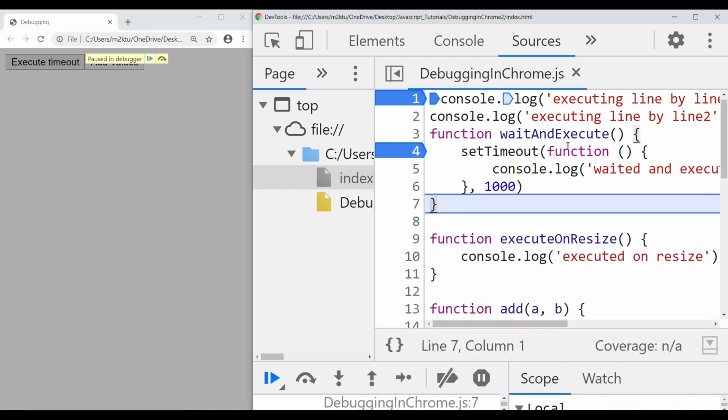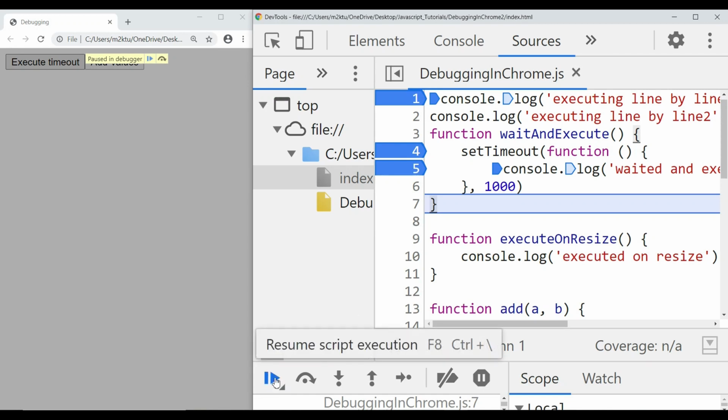So what you can do, you can just put one extra breakpoint here, and now what you have to do, you need to press F8 or this blue resume script execution button, or F8 on your computer. So when you do, what will happen? This F8, like I told you in our earlier video, will go to the next breakpoint whenever it is executed.